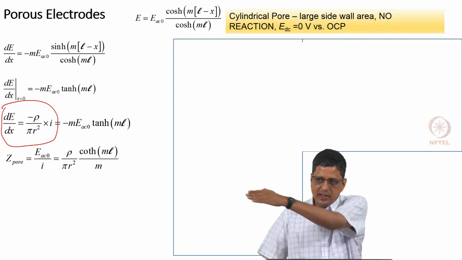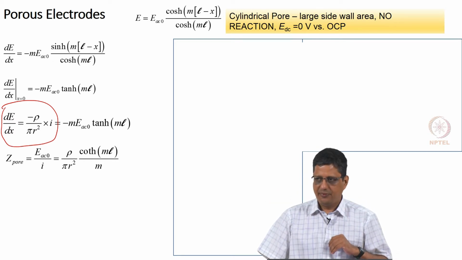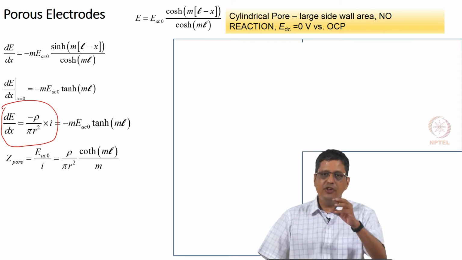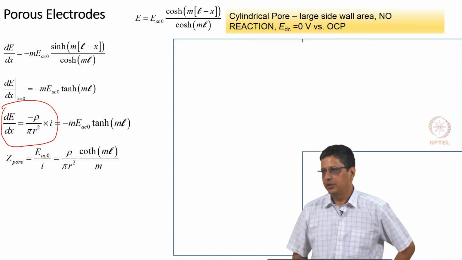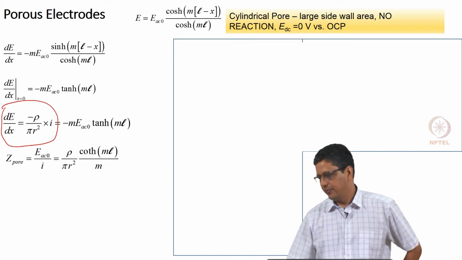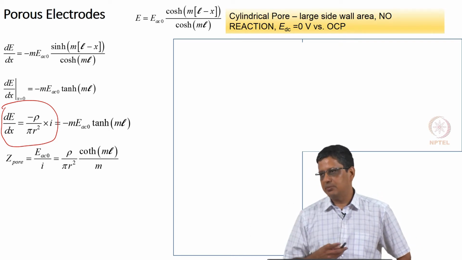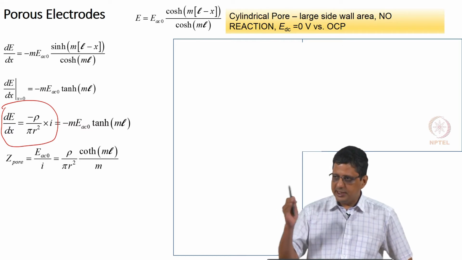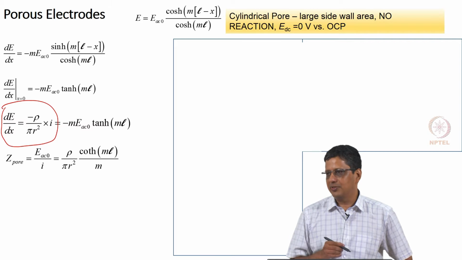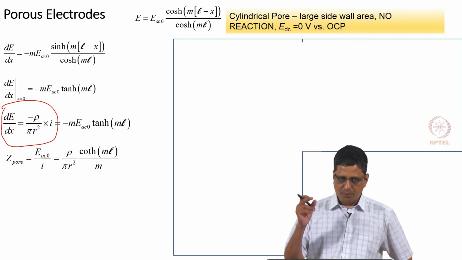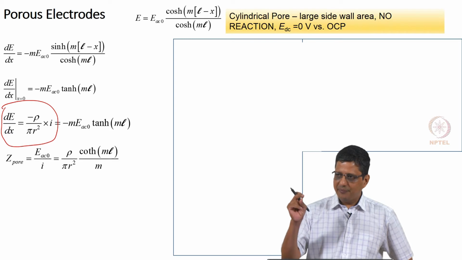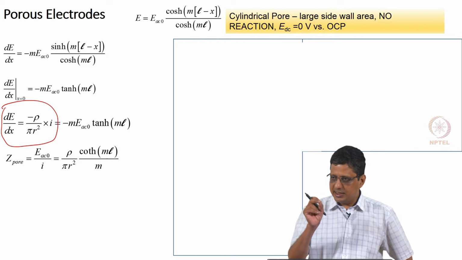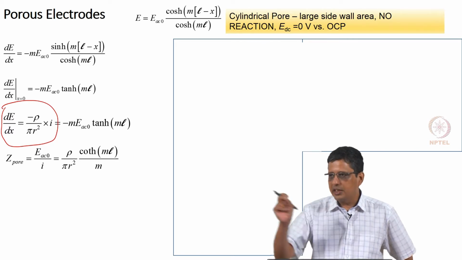That current gets distributed unevenly inside, that is okay, but what are we going to measure? What can we measure if we have an electrode of this pore structure? This is the current that we are going to measure, and this is the impedance we are going to see from the instrument. So, we want to predict that. We assume we know the impedance inside the pore, that is how we are getting the total impedance out of this. The impedance inside the pore is given by this resistance plus that capacitance, except that this resistance and capacitance are all differential quantities and we are integrating them.